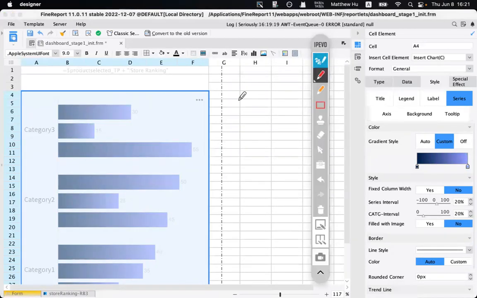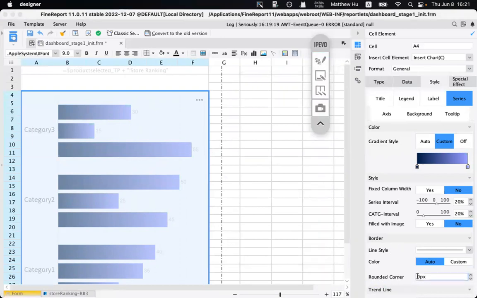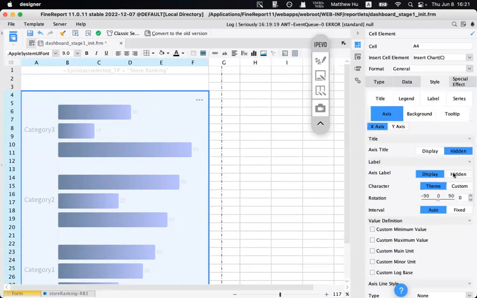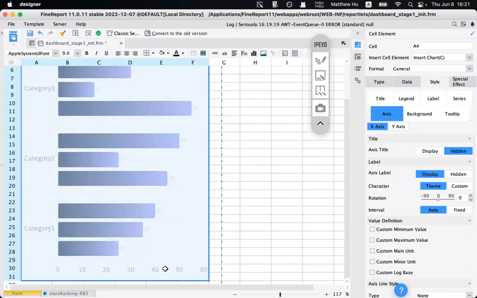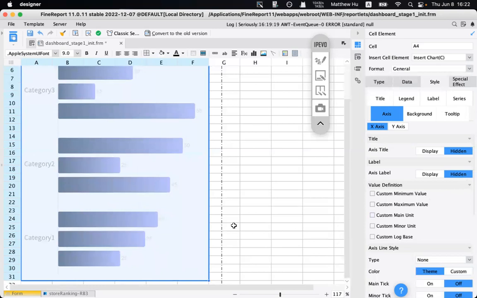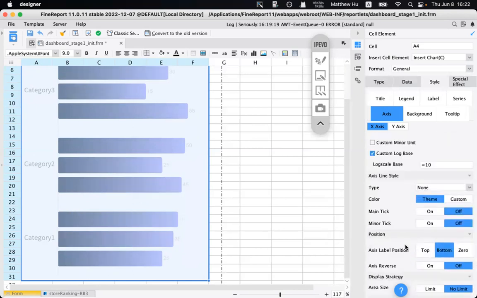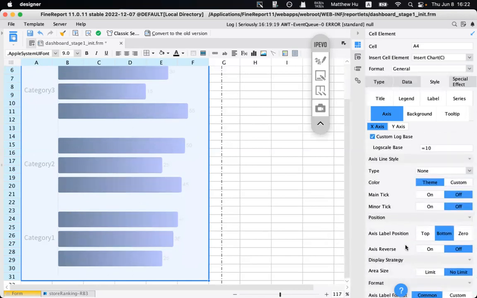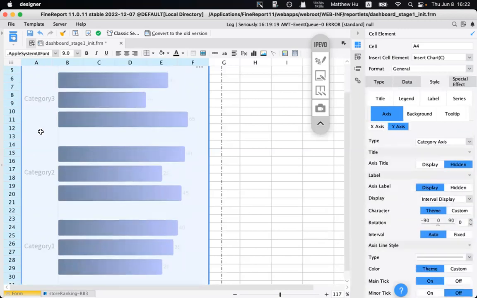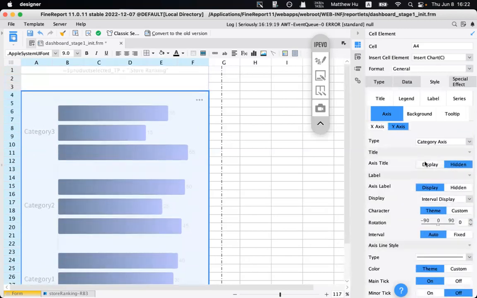And something else, it's about the round corner, right? This part, we can do it in here. So let's say 5 pixels. And then X. So X-axis is like the bottom thing, right? We don't want it. We're just gonna hide it all. And to make this a little bit longer. What else? Yeah, looks okay. And Y-axis, right? So hide